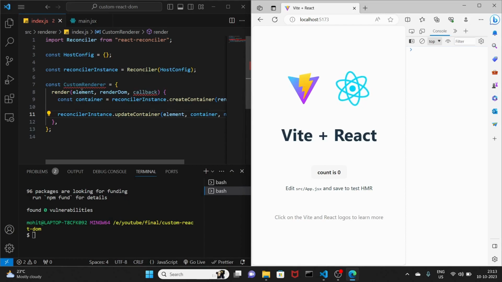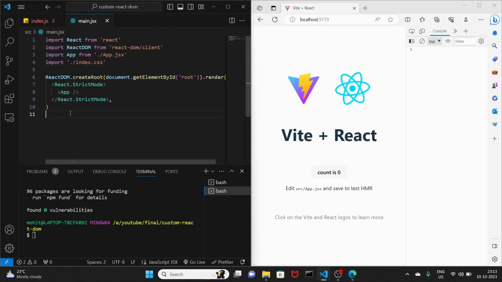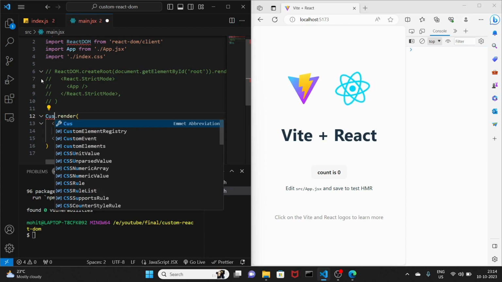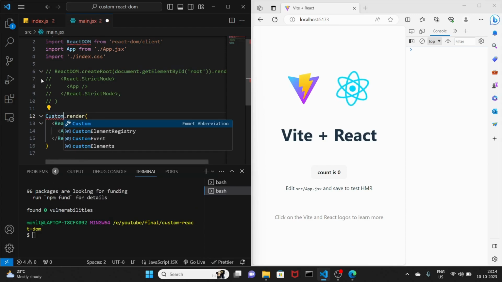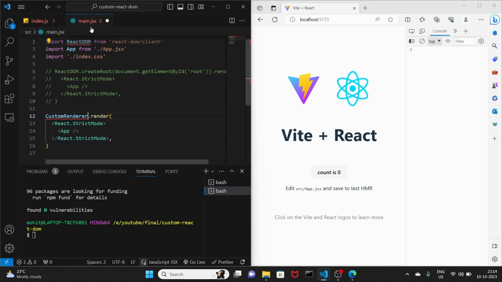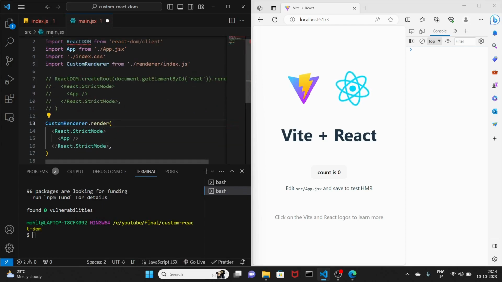Now what we'll be doing is basically replacing the React DOM with our own custom render in main.jsx. So what I'll do is just comment this code for now, paste it here, and instead of writing this, just copy this part, like custom renderer. Okay, I understood what the issue is here. I need to export first. Export default custom render. So now let's do custom renderer dot render